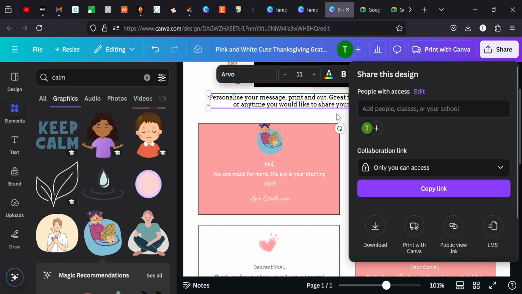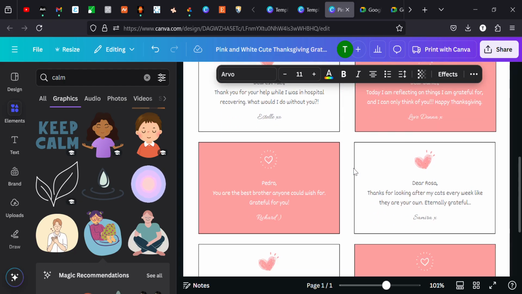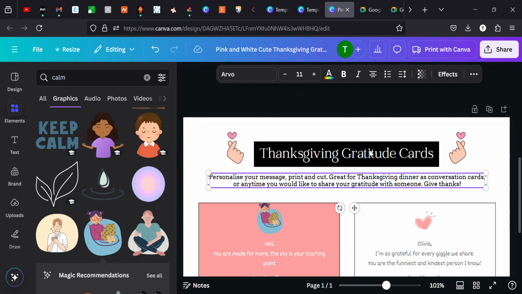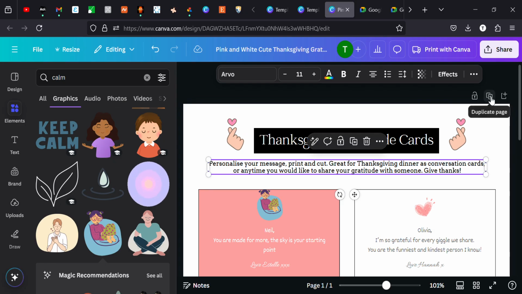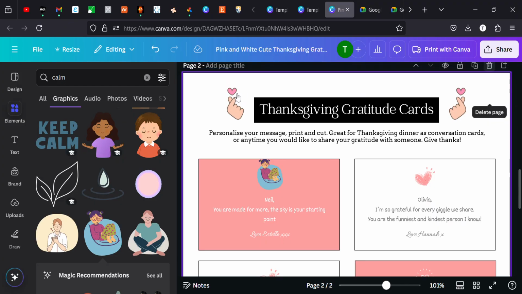Good. So what I was saying about creating a lot, you want to create maybe like 50. So this one has 8 affirmation cards, right? What you can do is to add more pages. So you can see this button. This is the duplicate button. Okay. So you click on duplicate page